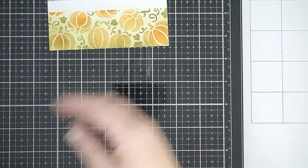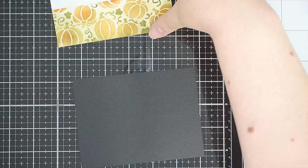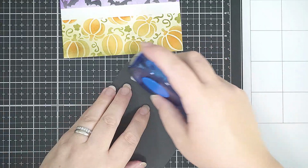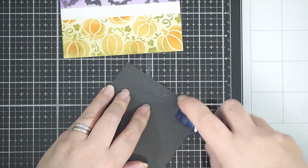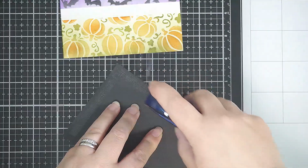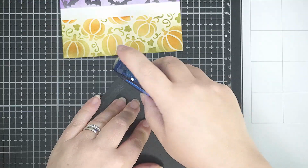Right, let's put this together. Excuse me. So I'm going to start with this piece. And I've got just a tape runner. Is that the right way? Oh yeah. Make sure your card's the right way up. And